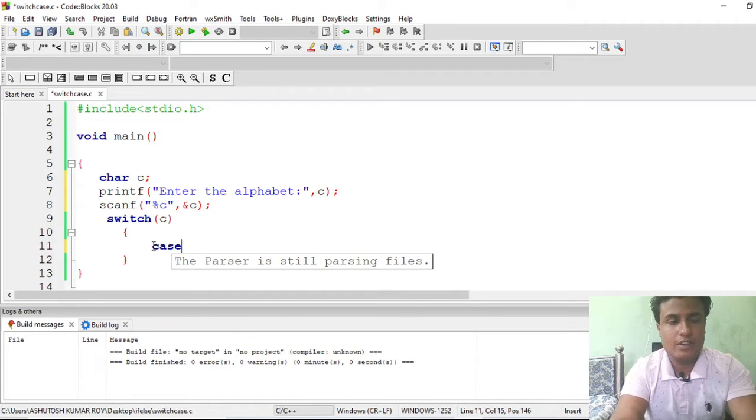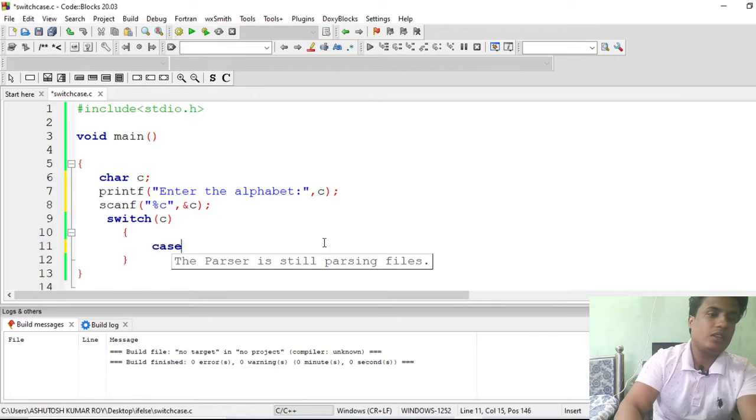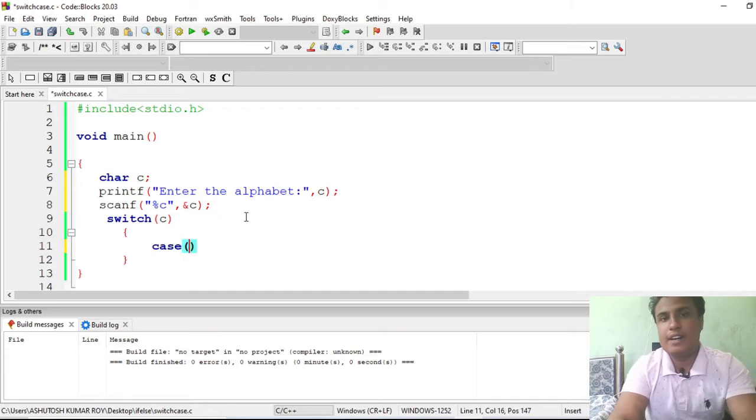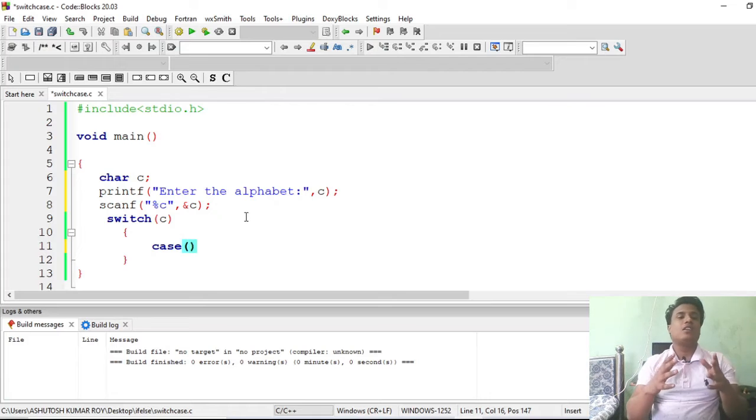The user can enter any alphabet, in capital letter or small letter, so let me design for both of them. It will also clear your expression part. I have shown you the syntax of the case statement; there can be an expression here, so let me show you that now.